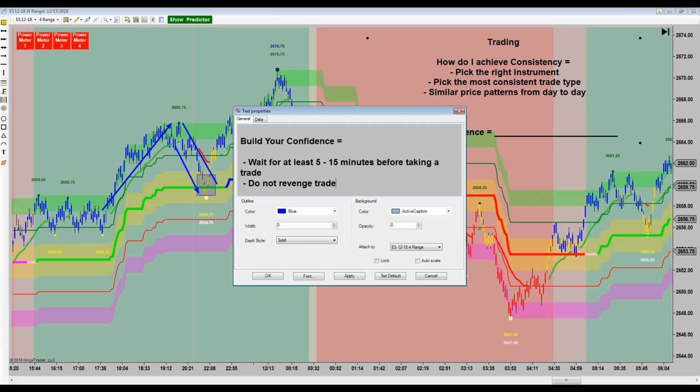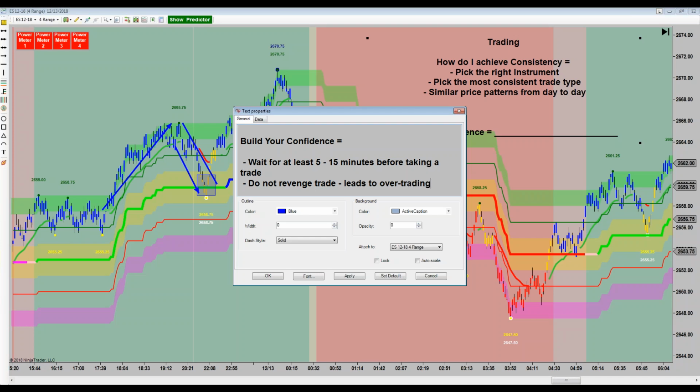what's revenge trading? Anybody know what that is? What is revenge trading? That's some kind of weird board game? That's when you're mad. That's when you're slamming, throwing, you got a nice cup of coffee, now slammed against the wall and coffee's everywhere. And you're slamming your hand, you're swearing, you're frustrated, you're angry. So now you're going to get back at the market. So this is going to lead to what? Over trading, right? Now you're going to start taking revenge trades to get back at the market.